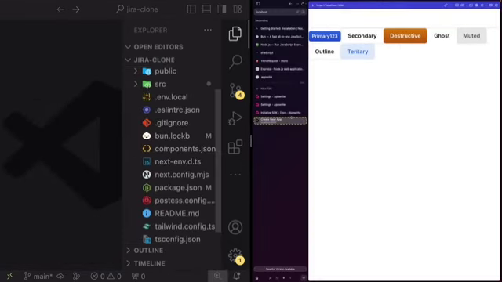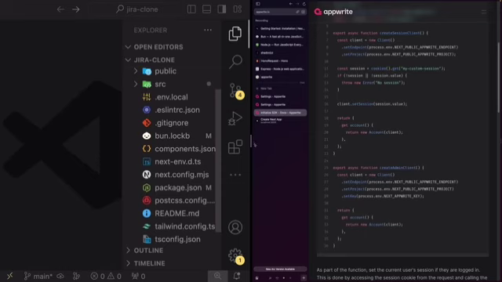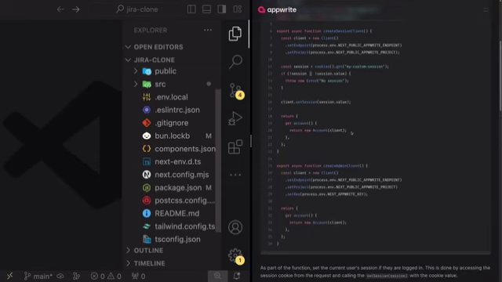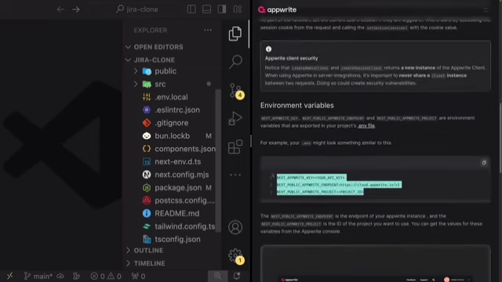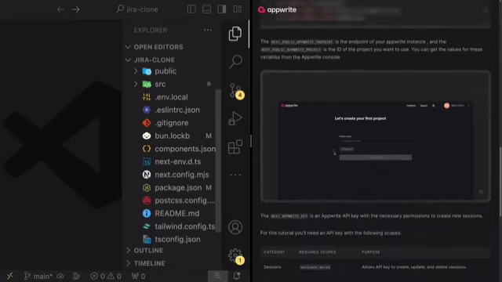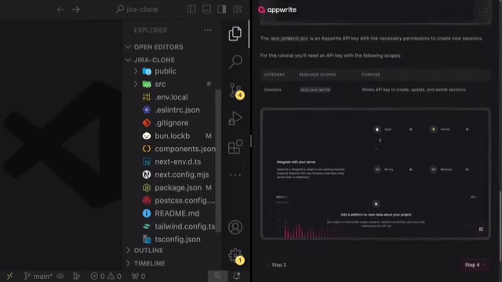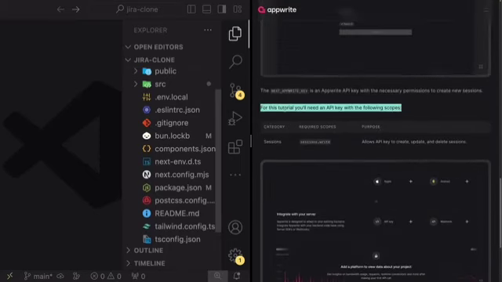Great. So now let's go ahead and let's see what it says next inside of the SSR initialization. The first one we need to handle is the register route, right? So we already did this. We set the environment variables here. We created our first project, and you can see that they say that for this tutorial, we are only going to need sessions.write. So